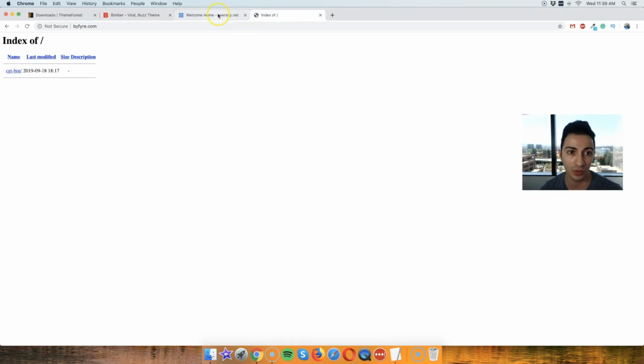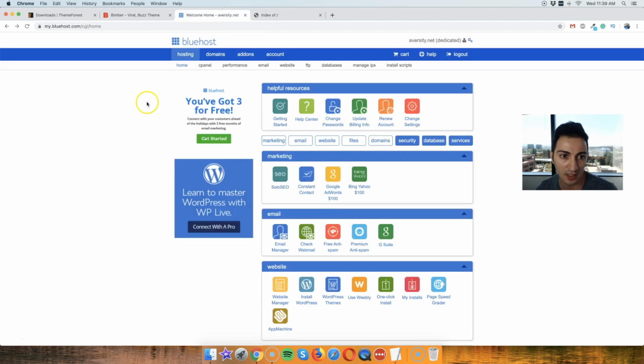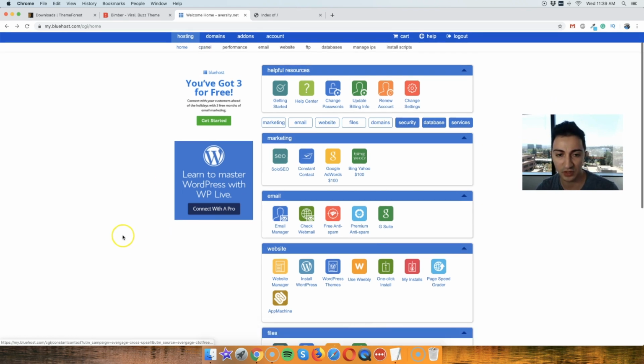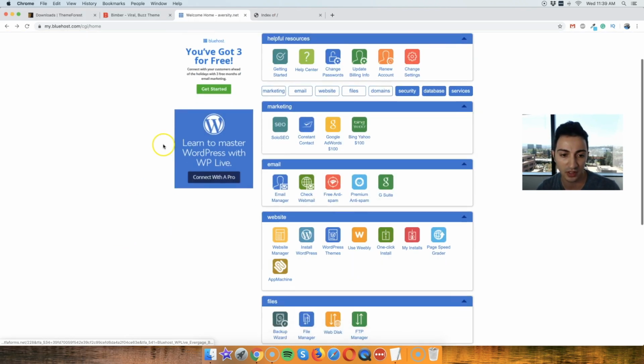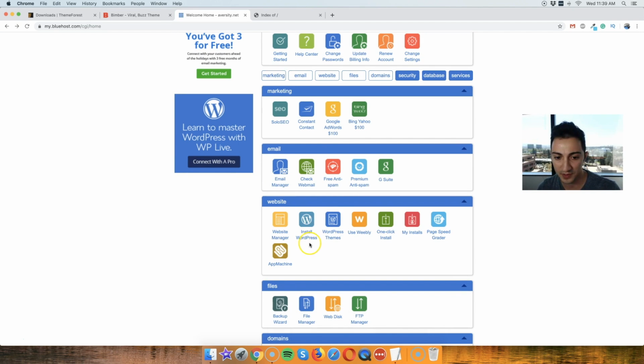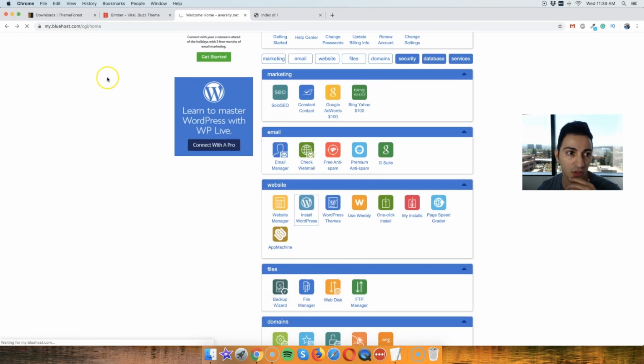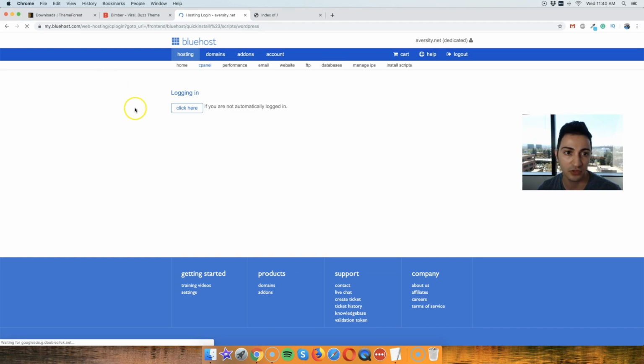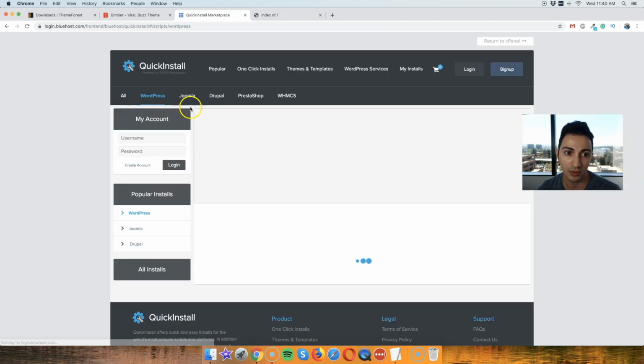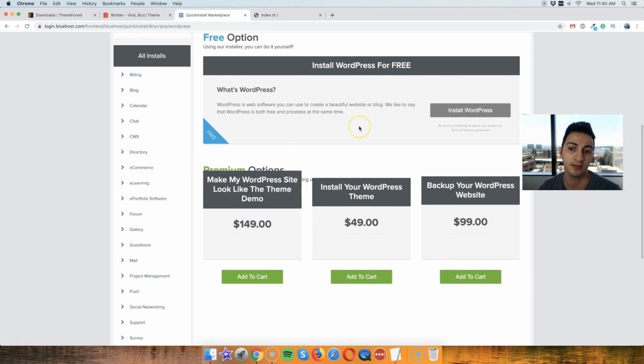All right, so you can install WordPress in many different ways. I'm going to do it in my hosting. So if you get the Bluehost, you're gonna have this option. So you just go to website, install WordPress. This might be in a different place for you, but yeah, so just install WordPress there, and you're gonna be able to just install it on your domain that you own in there and just use it.